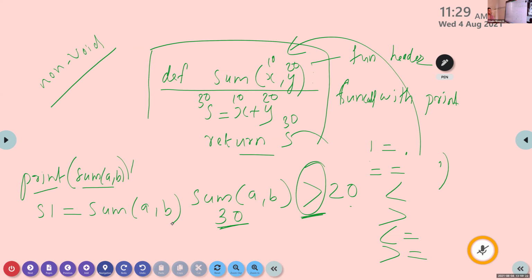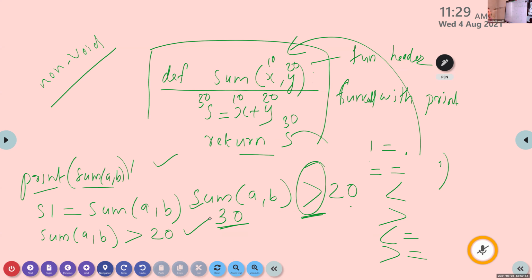And the third option is we can use function call statement with relational operator and literals. This is one of the relational operators and this is the literal. So we can use relational operator and literal along with function call statement. So these are the three options when we are using function call statement in Python.